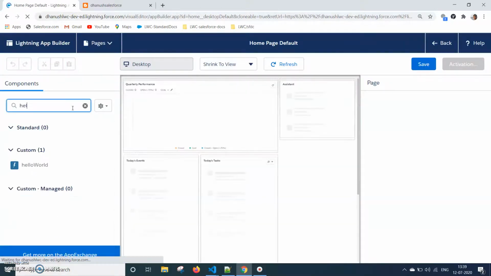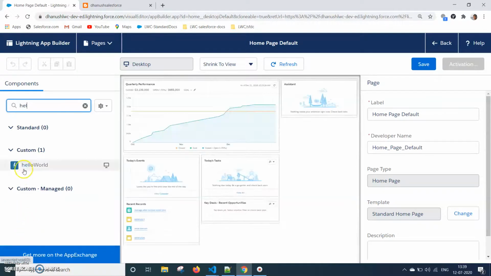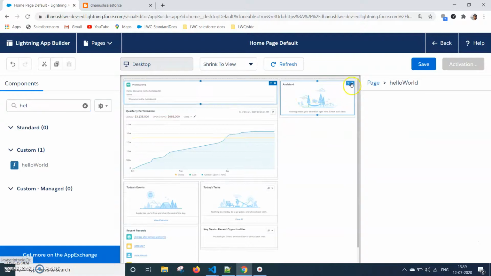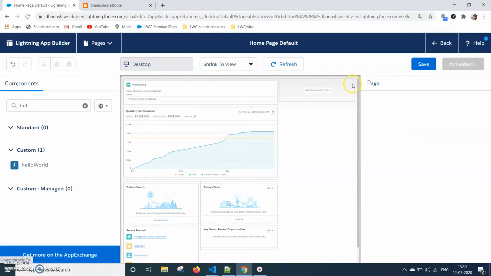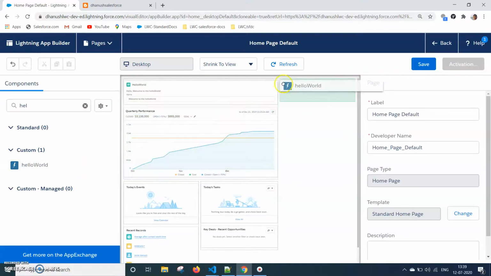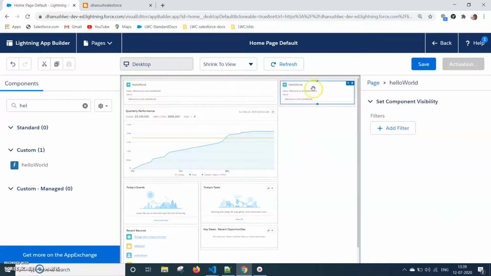Just simply type Hello World and drag the component here. Yes, now you can see the changes. The message is changed from world to welcome to the Hello World.